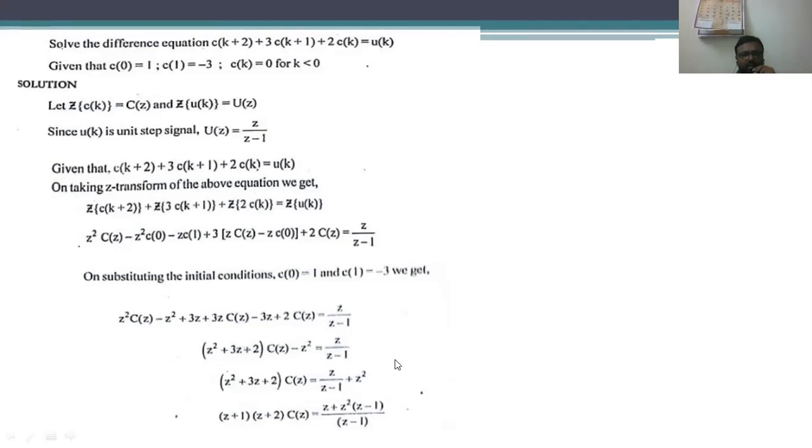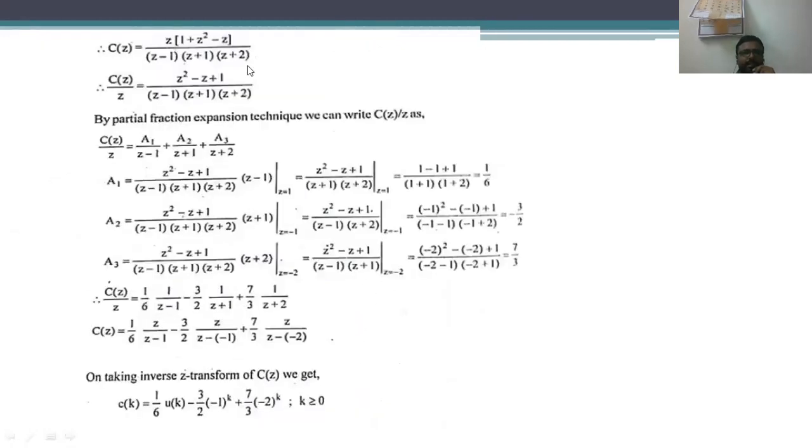After that, with the inclusion of C of 0 is equal to 1 and C of 1 is equal to 3 minus 3, we are going to obtain the equation, that is C of Z is equal to Z into 1 plus Z square minus Z divided by Z minus 1 into Z plus 1 into Z plus 2. So in order to calculate the C of k,